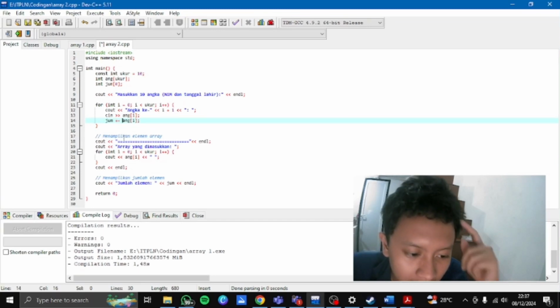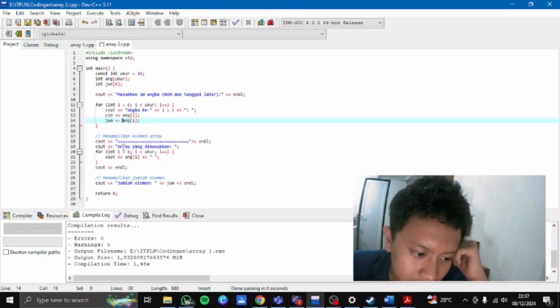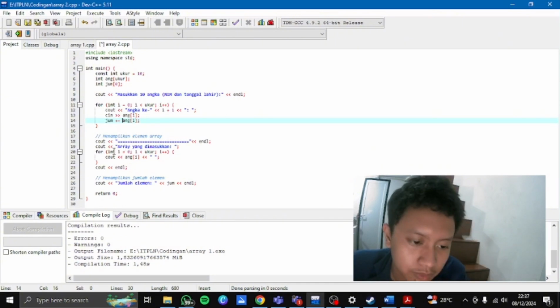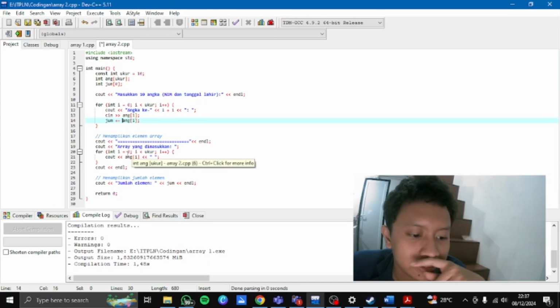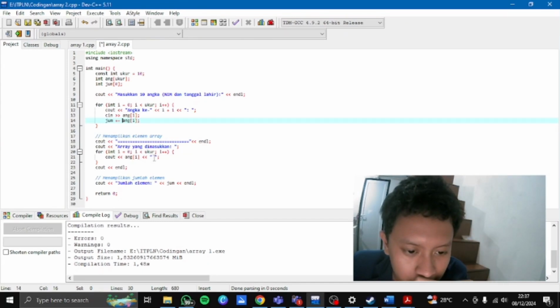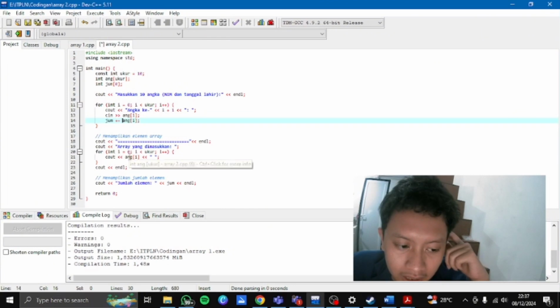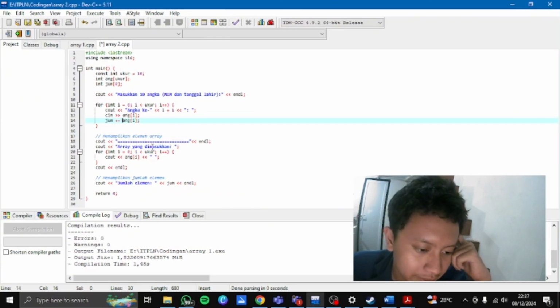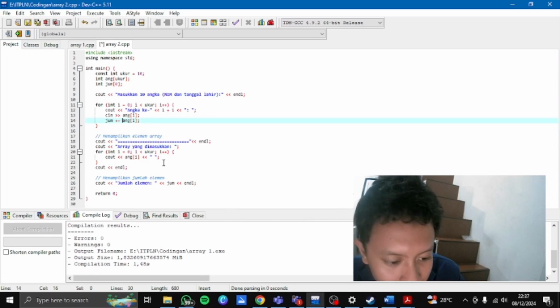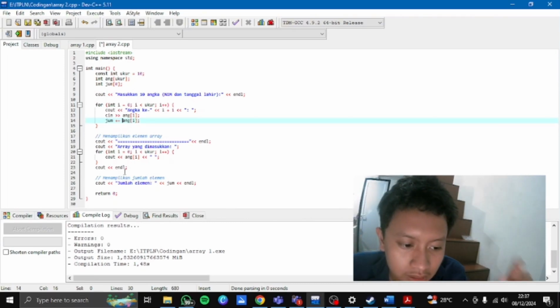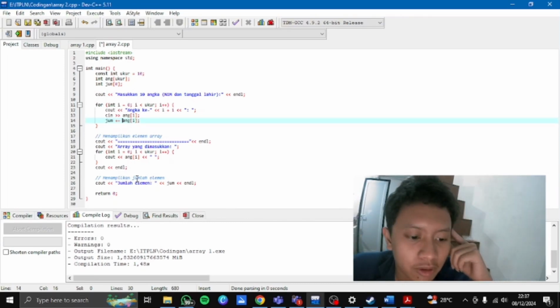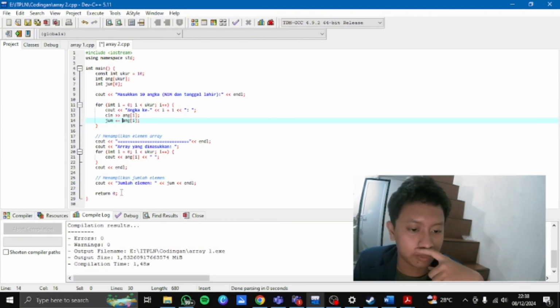And then displaying the array. In here it's a message to start the array output, and the looping iterates through the array and prints each element separated by a space. And then for the last one, cout ang prints the e element of the array. And then for the last one, displaying the sum. It outputs the total sum of all elements stored in the array. And then the end of the program, return 0.